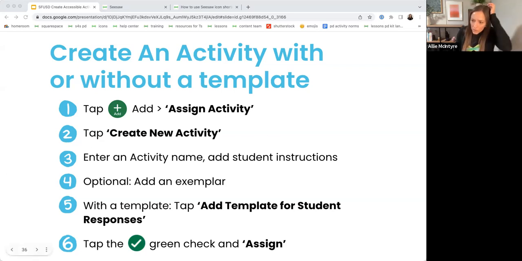I see a question from Olga. Can students also lock their work? Yes, Olga, students can do the exact same thing with locking their work. If you as the teacher do need to unlock something to change it, you do have that power, per se. If you were to go in and edit a student's post, you are able to unlock it, but they also can lock their work, so it's locked where they want it exactly.